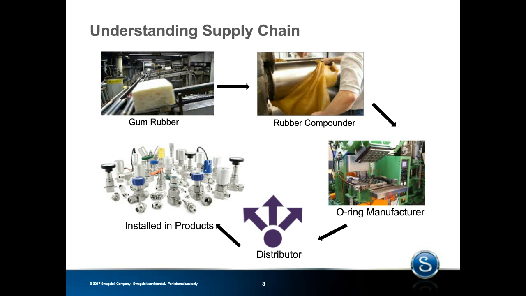Okay? From there in the supply chain, that gum rubber then goes to a rubber compounder. And what a rubber compounder does is take the raw gum rubber and add their list of ingredients to create a compound. So a couple things here. The first thing is there's a new word for you, which is compound. I've noticed a lot in elastomer seals that end users aren't sure what to even refer to the elastomer material as. So when you're talking elastomer seals, compound is going to refer to a particular